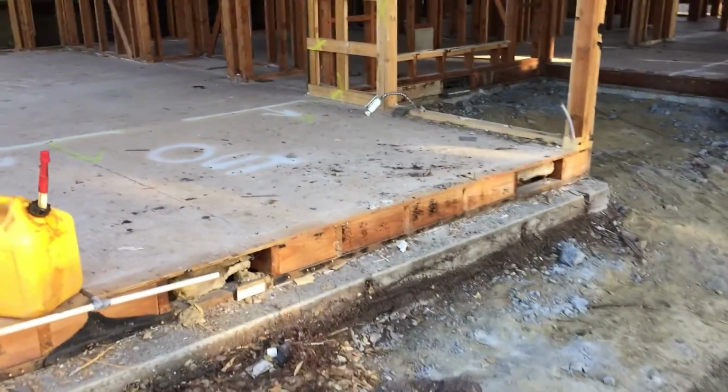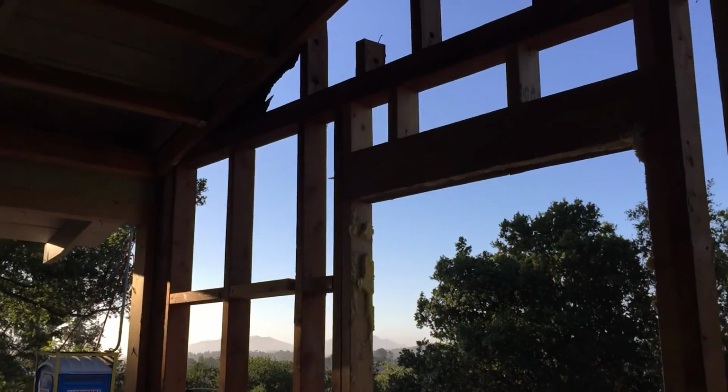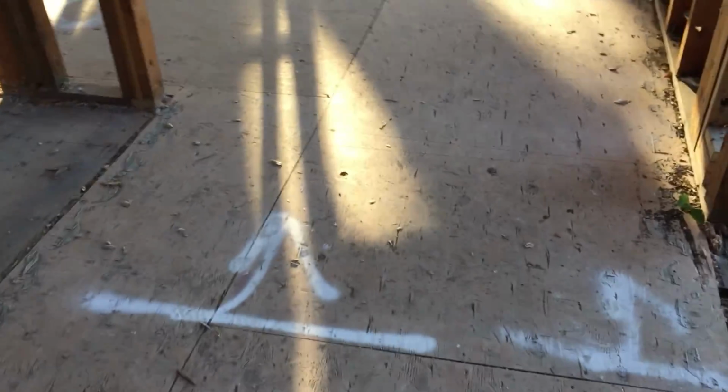As you can see, today they should be getting to demo of this area. All of this is going to come out. This whole porch area, this whole overhang basically, is A, not really built right, and B, just in the way for them to demo that last bit of slab, so that's going to come out of there. And you can see the excavation crews also called out